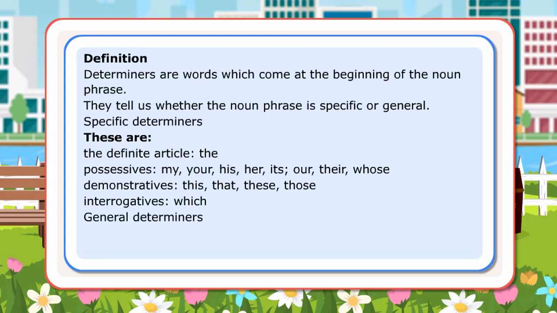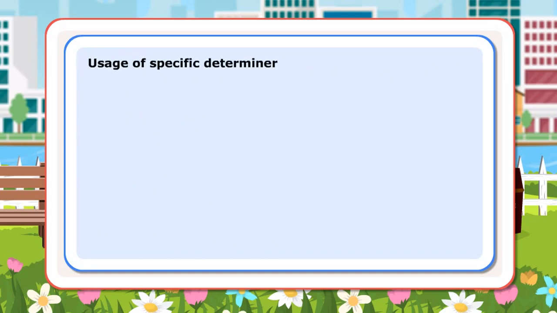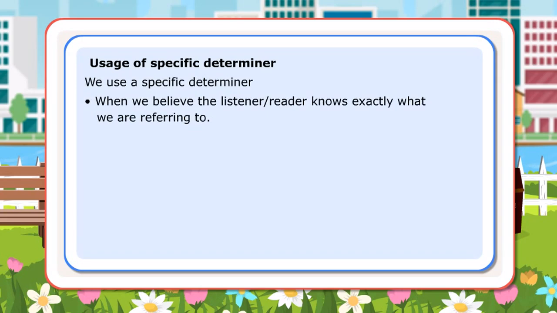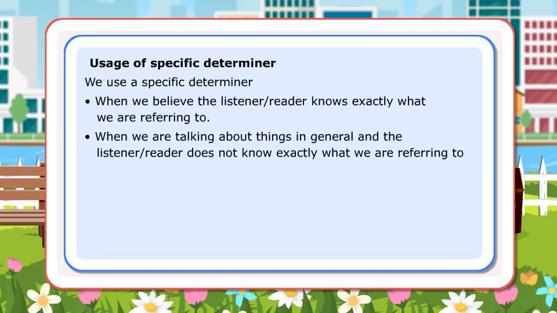General determiners. These are a, an, any, another, other, what. Usage of specific determiner. We use a specific determiner when we believe the listener or reader knows exactly what we are referring to. When we are talking about things in general and the listener or reader does not know exactly what we are referring to,